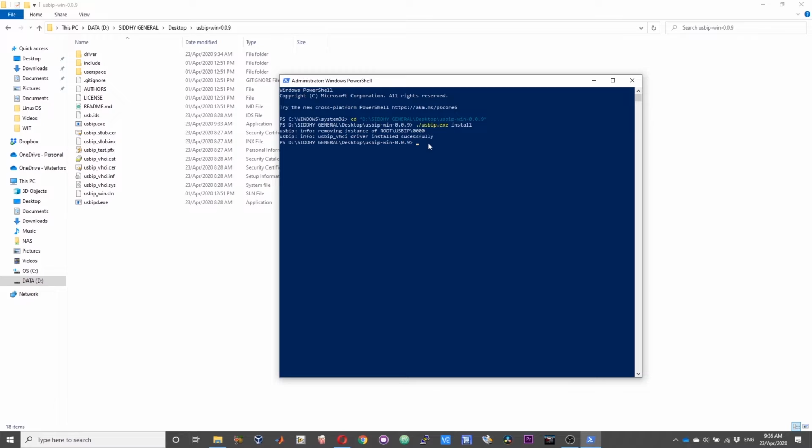After this, we need to attach the USB devices that we have on the Pi, the USB IP server, to the PC. For that, we'll do usbip.exe list -r followed by the IP address of our USB IP server, in this case the Raspberry Pi.